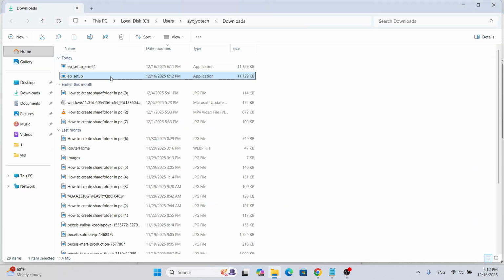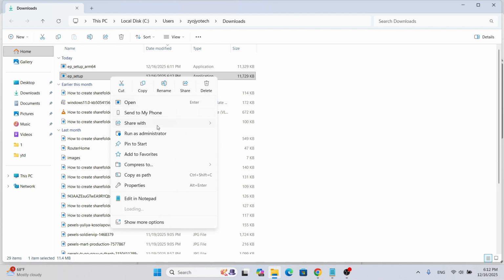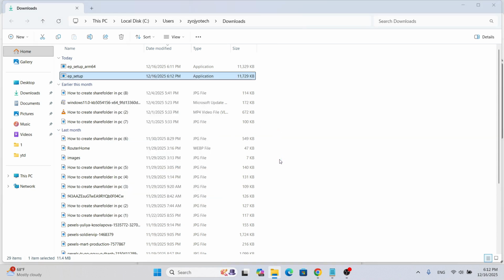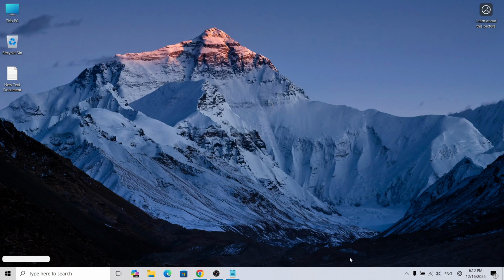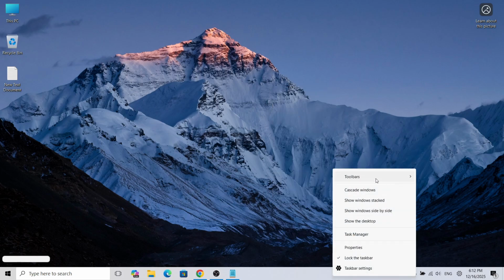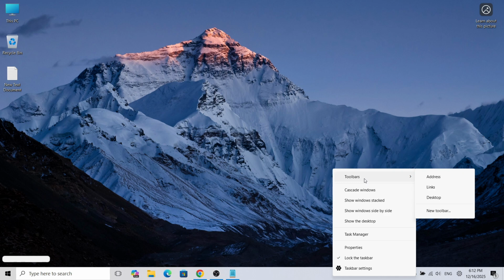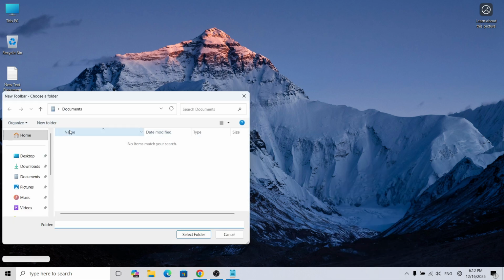Go to the folder, right click and run as administrator. Click yes for the permission. After installation, right click on the taskbar and you can find toolbars here. Click new toolbar, and from here you can